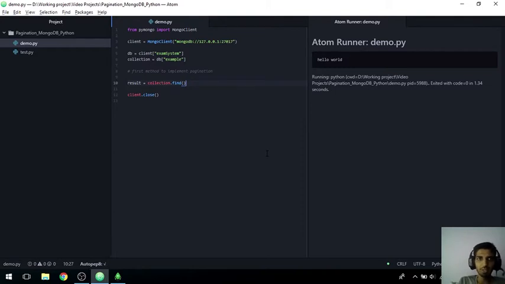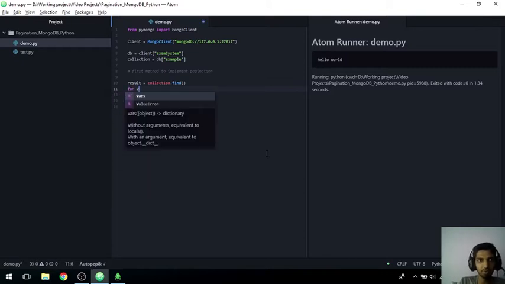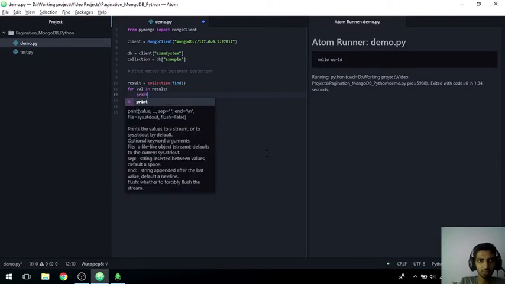The find method returns all the objects that are stored in the example collection. collection.find will return a cursor to the objects. If we print this collection, that is the cursor object.